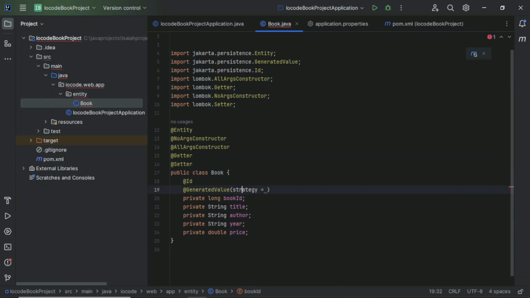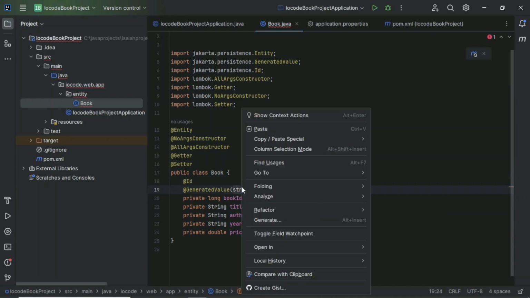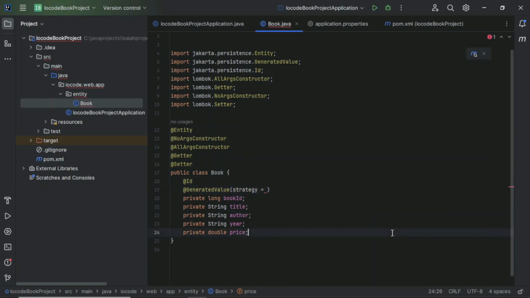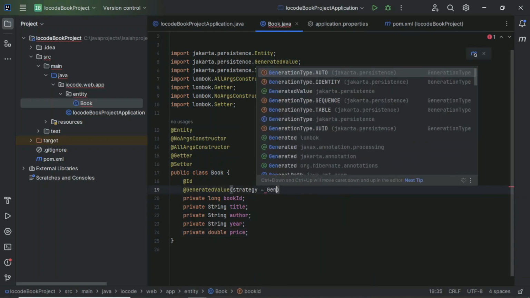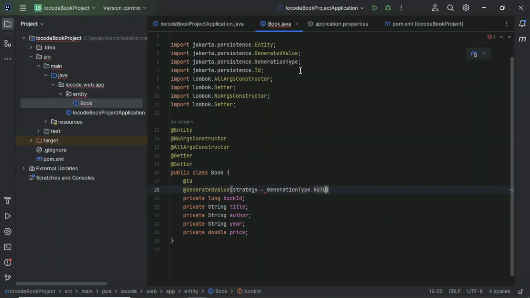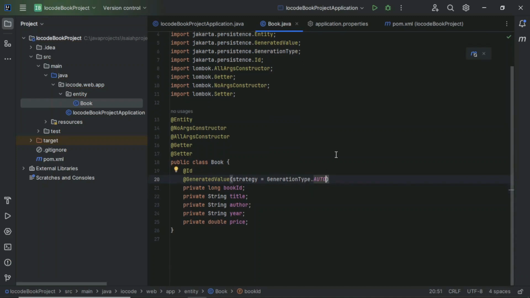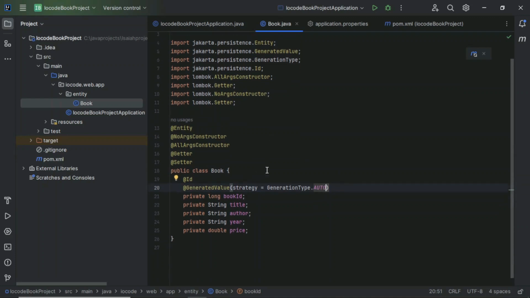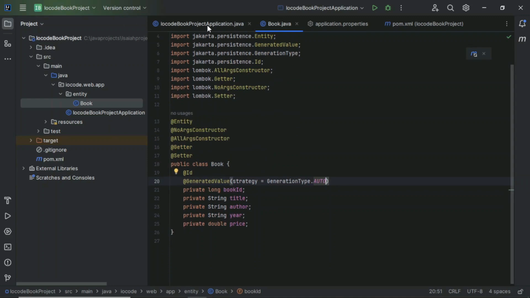of generation type. Why is this thing just coming up unexpectedly? Sorry for that. We want to do a strategy of GenerationType.AUTO. So that is it. Is there anything I'm missing out? Now, if there's something I'm missing out, I think I'll also fall back to the video, to this particular class. Sorry for that. Now, moving over to our application